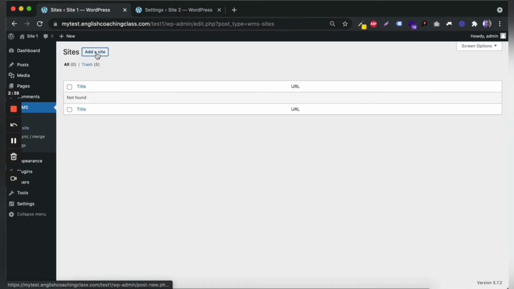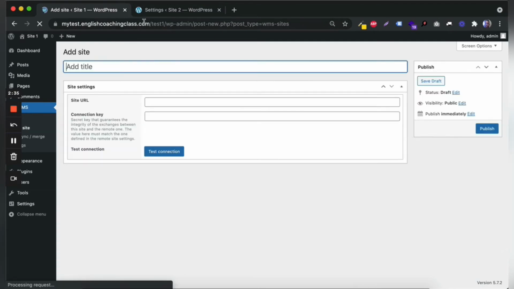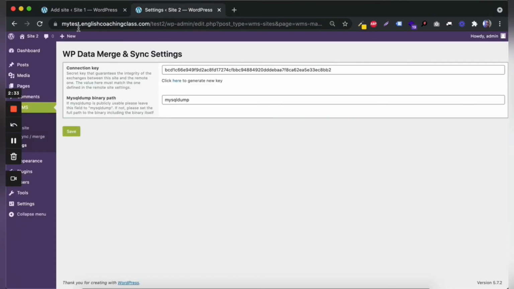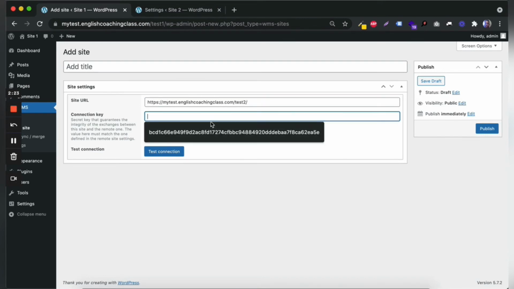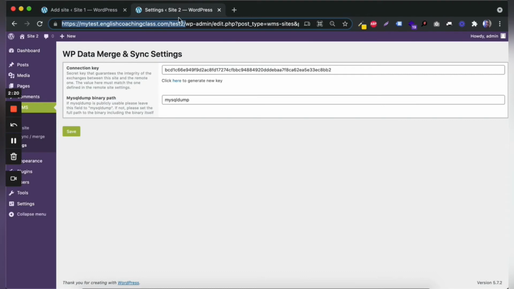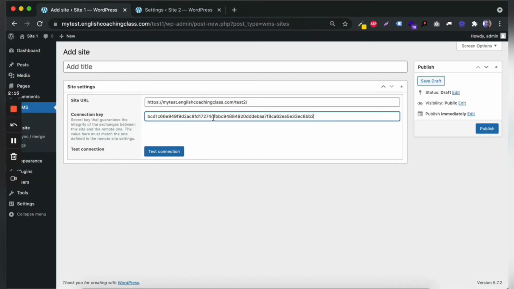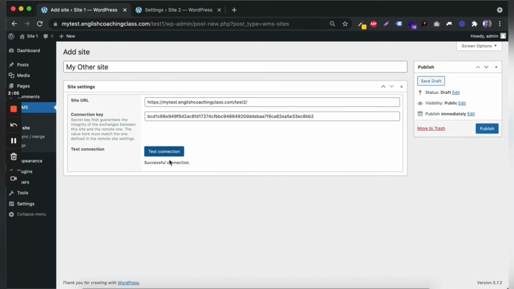and then you want to come to the sites section. As you can see, there are no sites here, so I'm just going to add a site real quickly. So here's my URL, copied. Good. So URL over here, connection key. I'm just going to pick the connection key from here. Great, connection key. I'm going to say my order site. So you want to test the connection to be sure that the two sites are in sync, and voila, they both are. So you can publish,